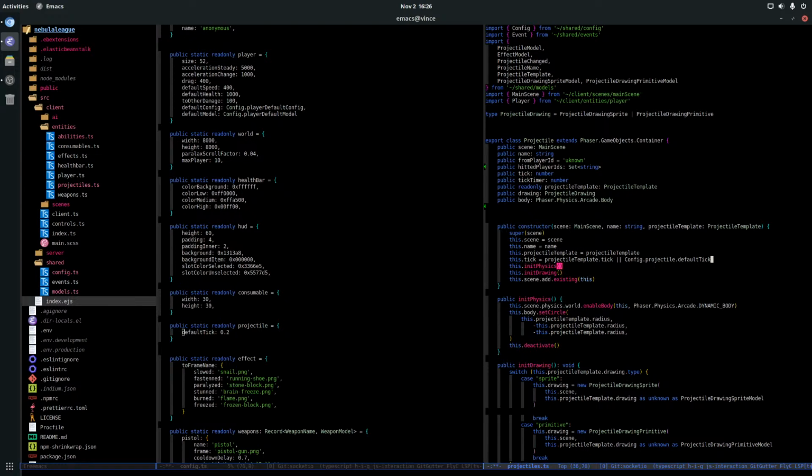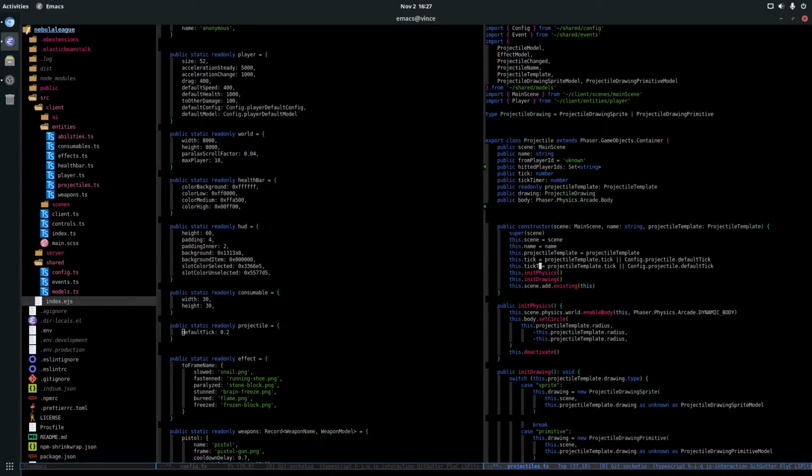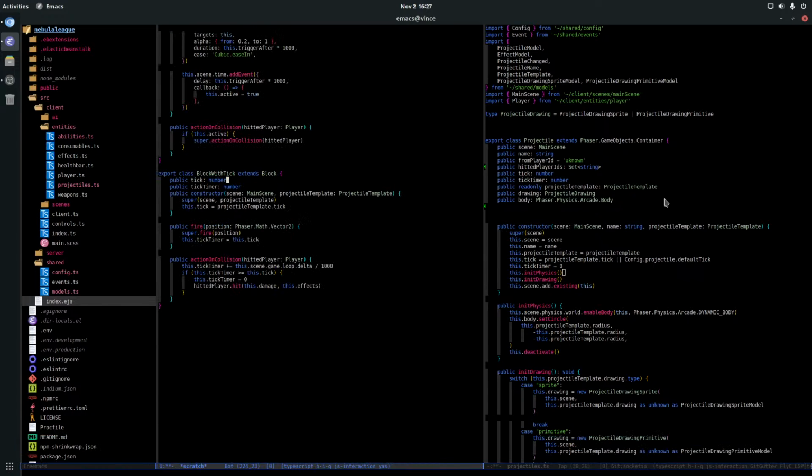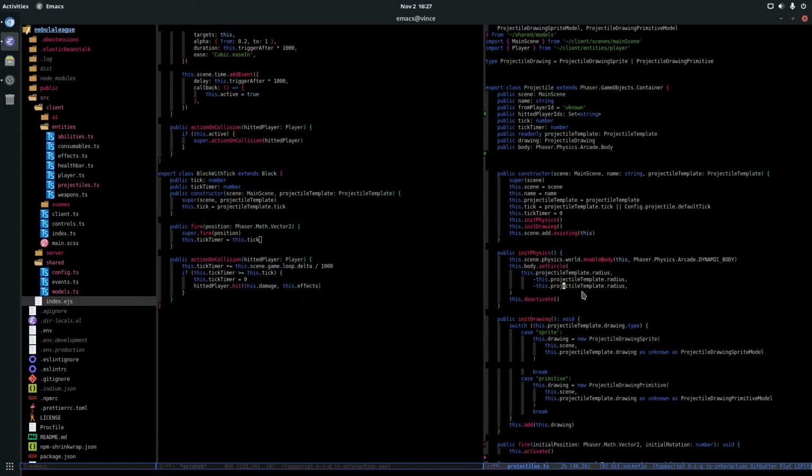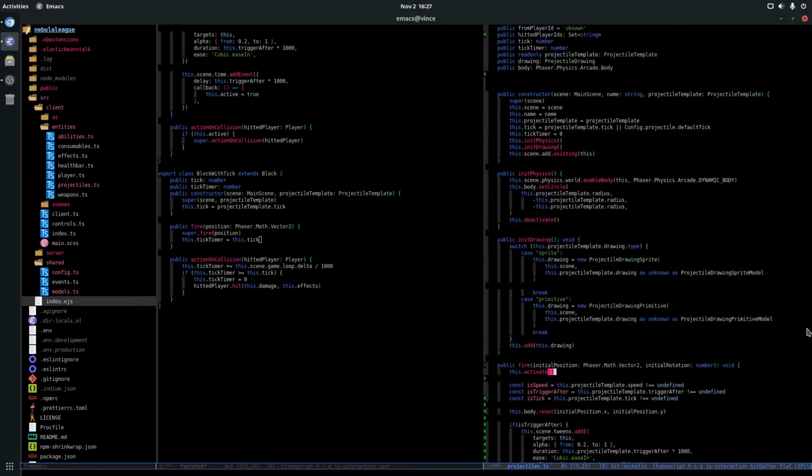Okay. My tick timer 0. So yeah, I still need to start it when I fire. You think on my activated?